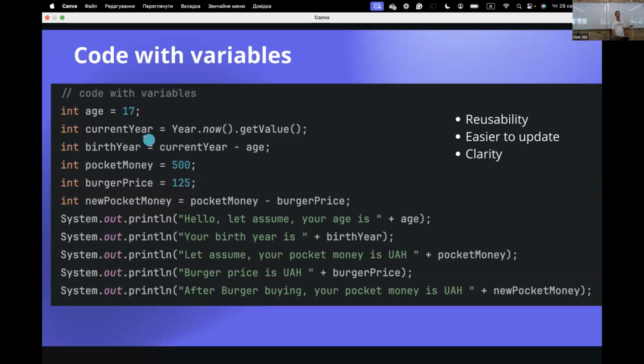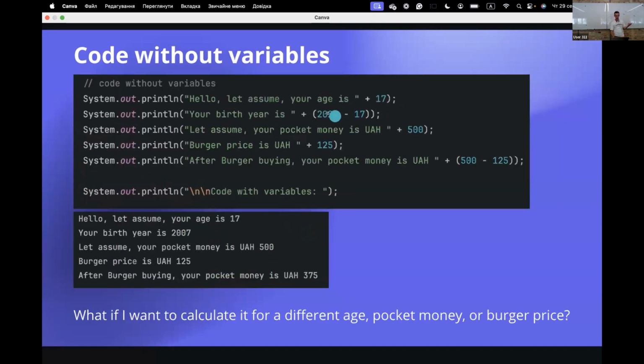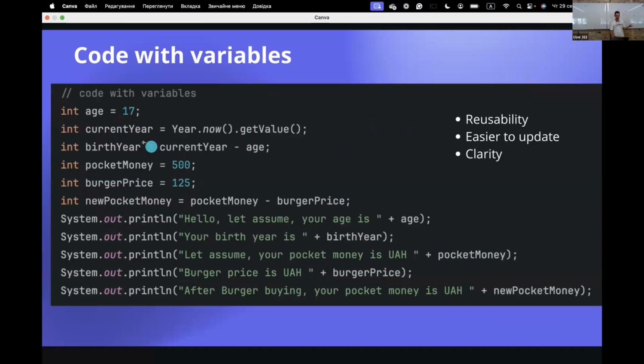Moreover, I calculate the current year. I do not hard code that this is 2024, but I take this year from my operating system. Then I calculate the birth year. So I use a variable again, and I calculate this birth year from the current year and age. And again, my other variables regarding pocket money and burger price, I do the same. So my output in this program will be absolutely the same, but I can very easily change this program,